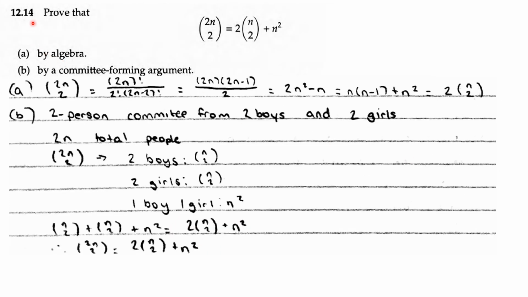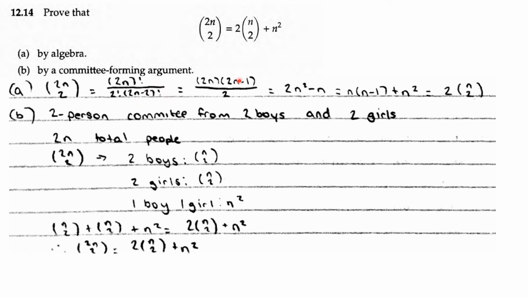AOPS Counting and Probability 12.14. Prove that 2n choose 2 is equal to 2 times n choose 2 plus n squared by algebra and by committee forming. So A, by algebra, so 2n choose 2 is equal to 2n factorial over 2 factorial times 2n minus 2 factorial,